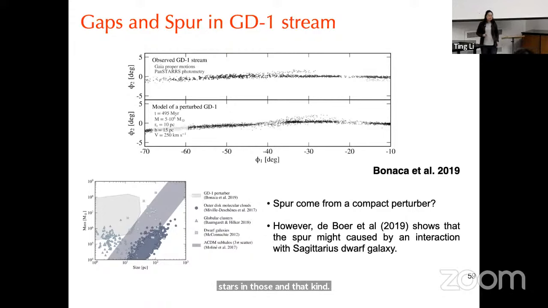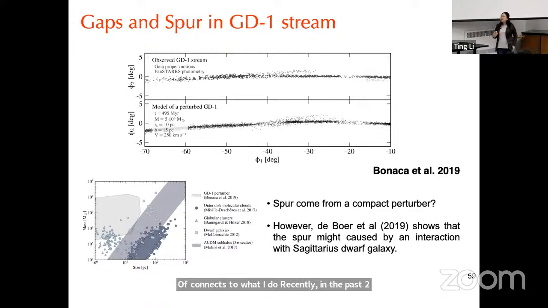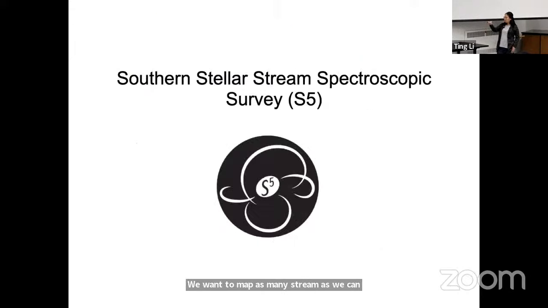Recently, in the past 2 years, I started this S5 survey, which stands for Southern Stellar Stream Spectroscopic Survey. We want to map as many streams as we can and try to find these kinds of structures. And one of them,